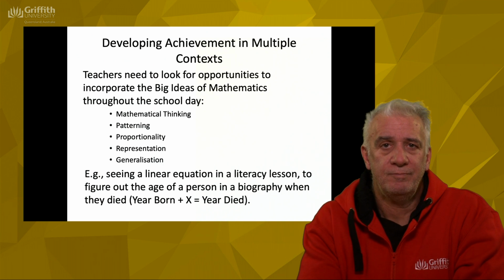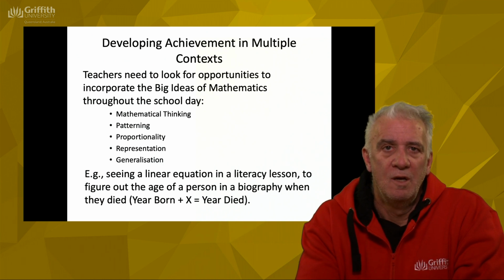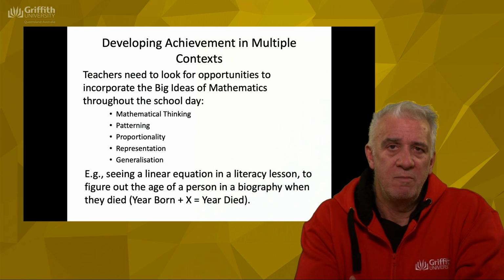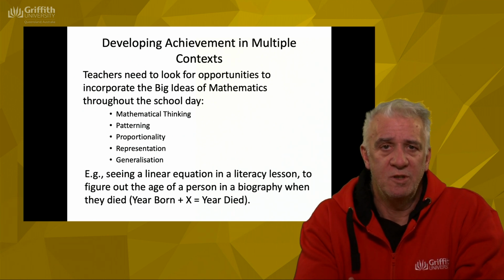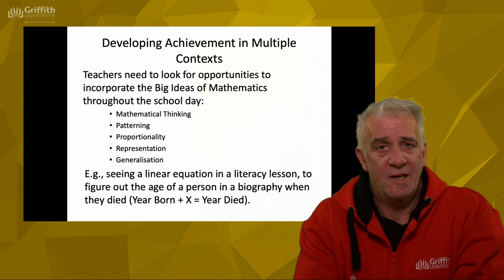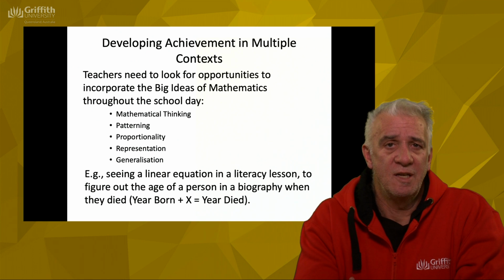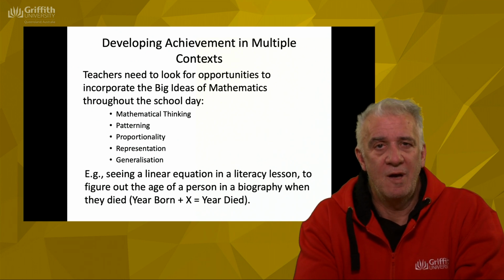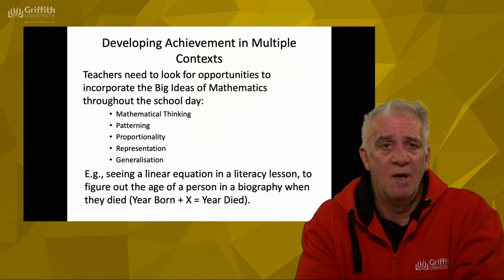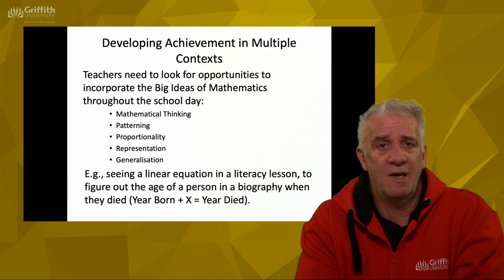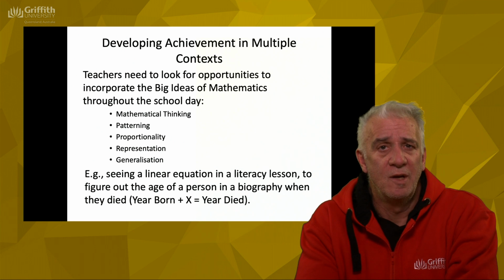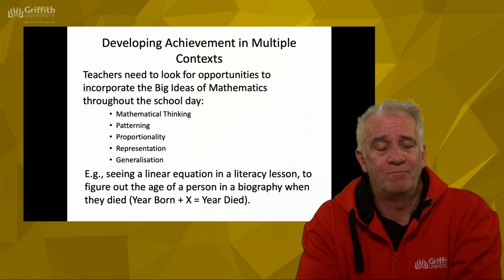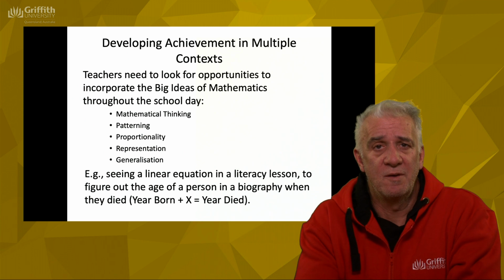So one of the things is when we measure achievement, we've got to be careful we don't measure it too narrowly. Often, historically at least, we often measure it just through a test. So kids who are quite good at basic algorithms do quite well, and kids who might be more divergent in their thinking or think laterally about things or even good at problem solving and something like that are often seen as not achieving as well, even though they may be stronger in mathematics in other areas.